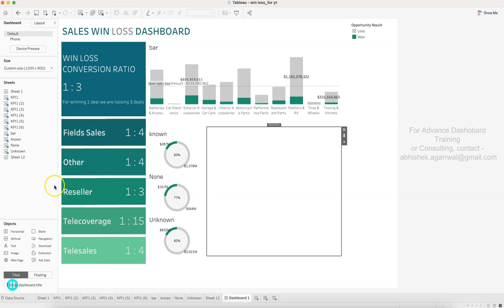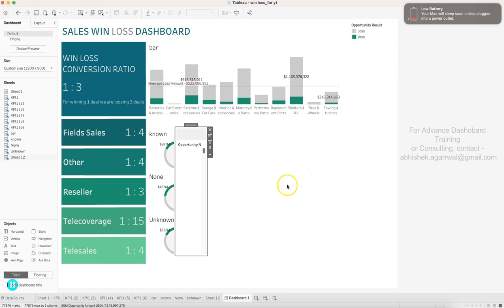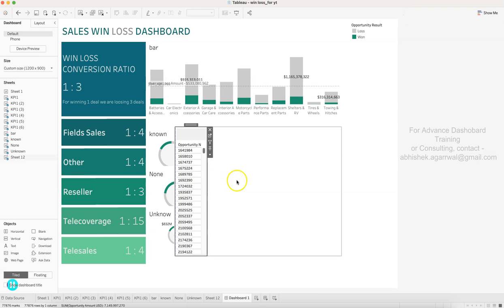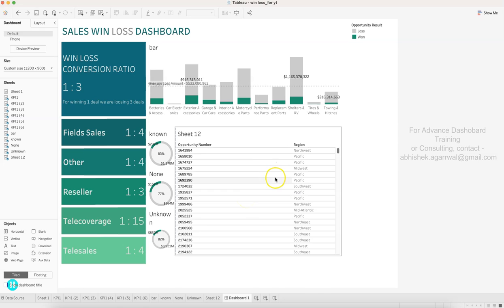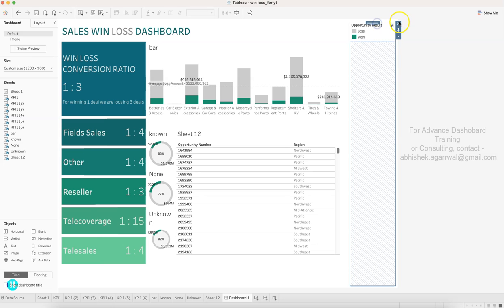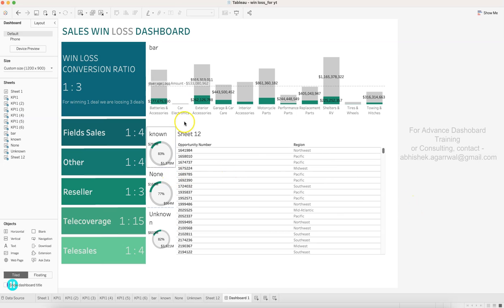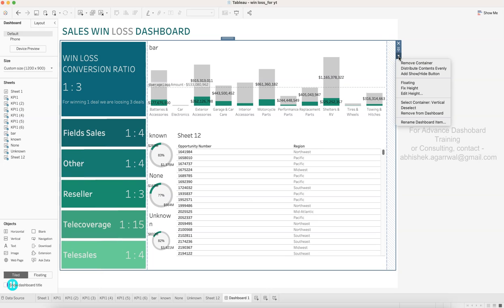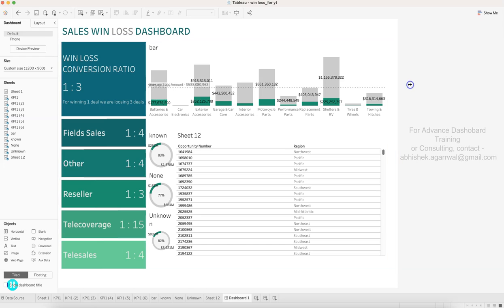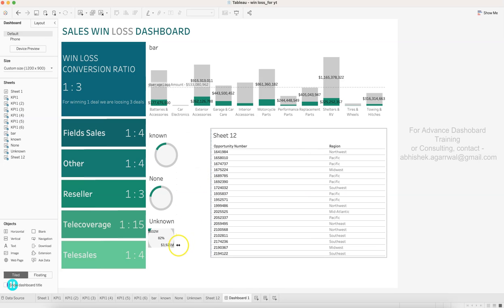So now we have this, and what is this? This is blank, right? So again, what I need is sheet over here. So I will bring the sheet, and let me just hide this, and then I can close this, right? So my sheet is coming here. I'll double click and remove this completely. So this is gone, right? Now it is slowly coming along, right? We will come over here. We will remove this, and we will say fix hide. Okay, let's just make sure we do this, and we will give some space over here to these objects,